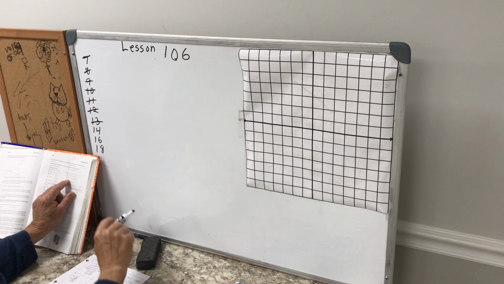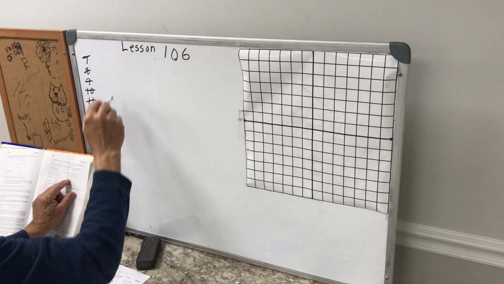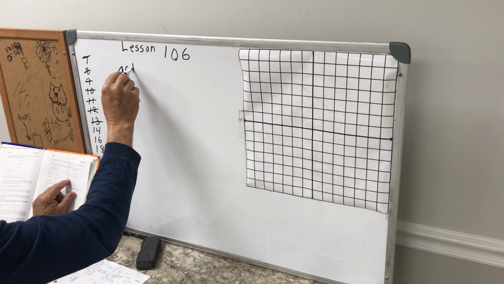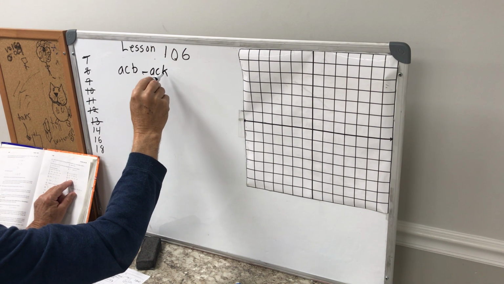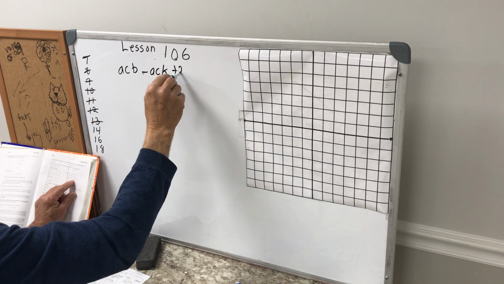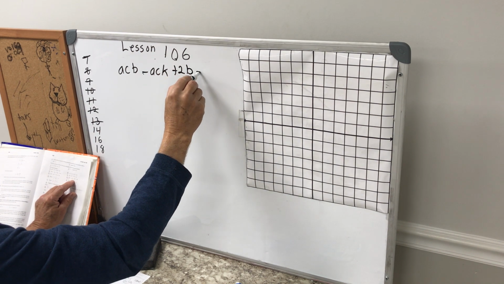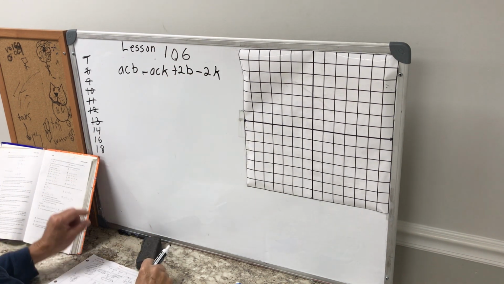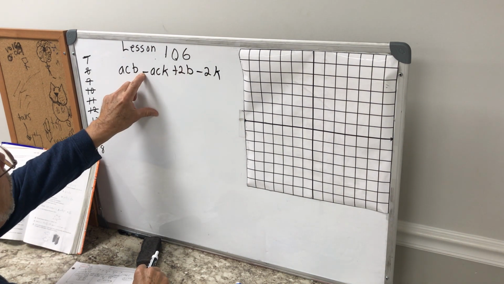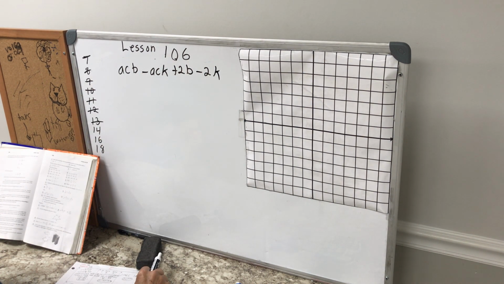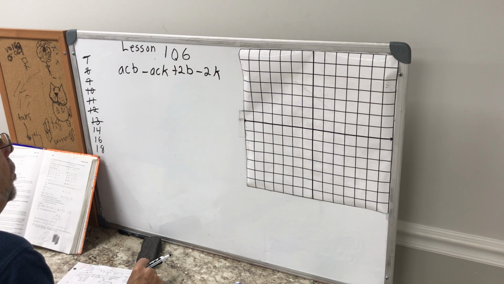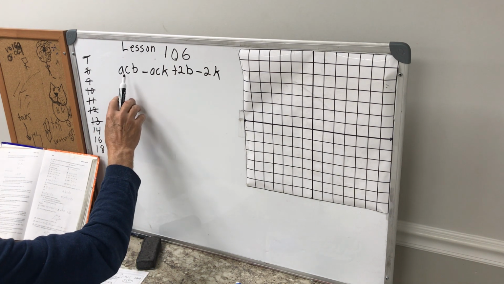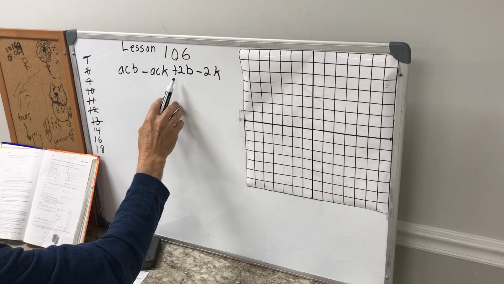One more time, 14. ACB negative ACK, positive 2B, negative 2K. I'm doing all these for you, but hopefully by tomorrow you'll really get the idea and you'll be able to pick up on this. Again, you can do it and experiment. If it doesn't work out, then try something else. You have to think ACB. I'm looking for